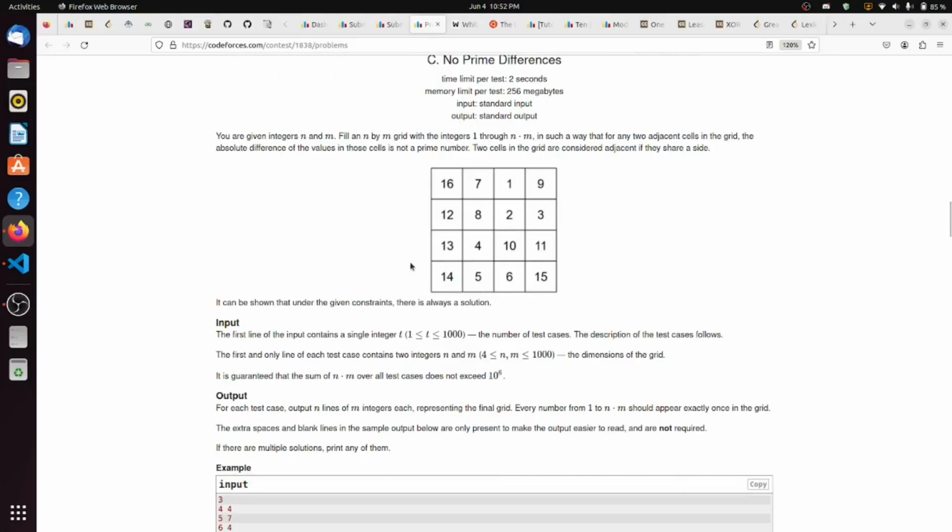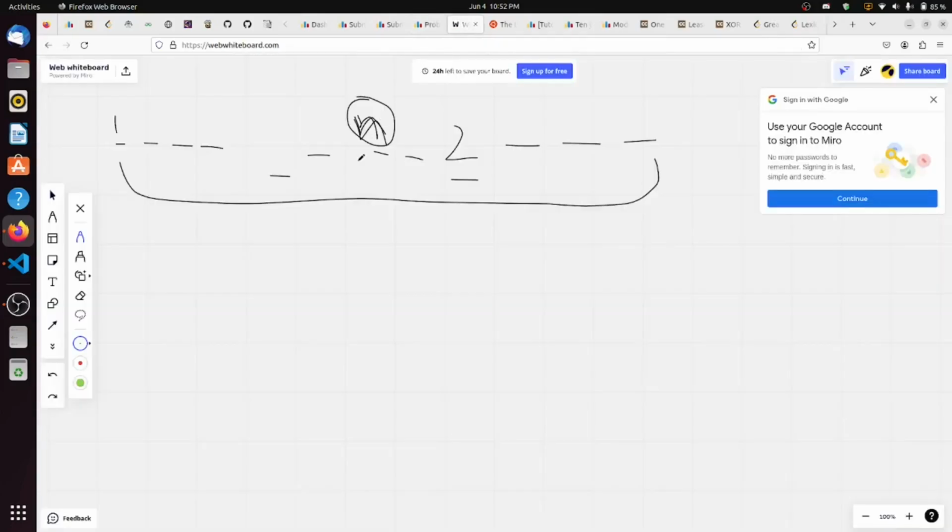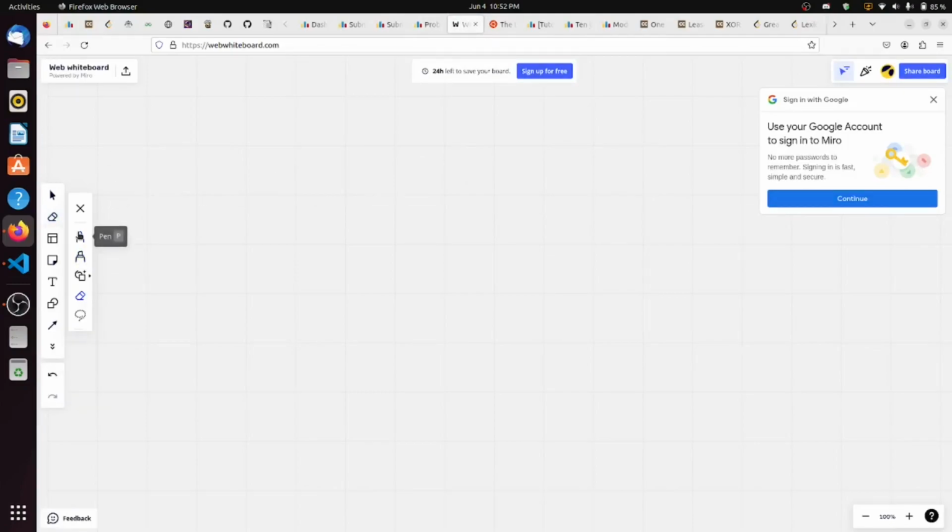So let me tell you how I basically approached this problem. I divided this problem into two separate cases: when n into m is odd and when n into m is even. So these are the conditions. What I did is, when n into m is even, first of all, in the case of an even number,